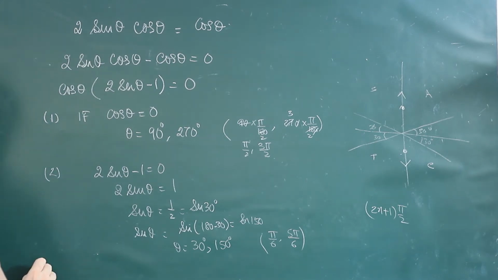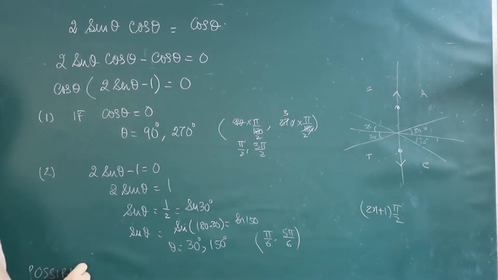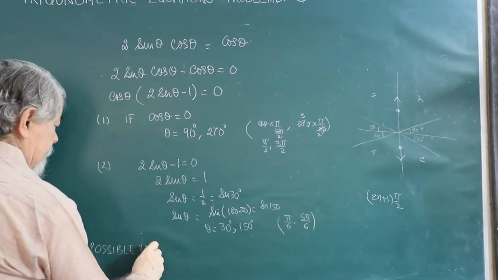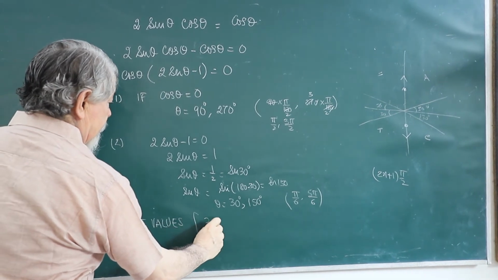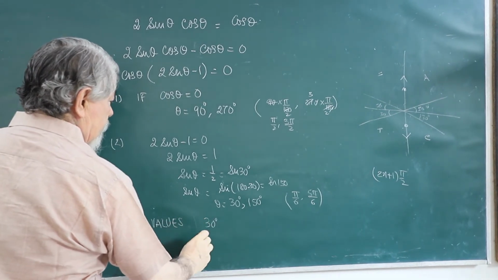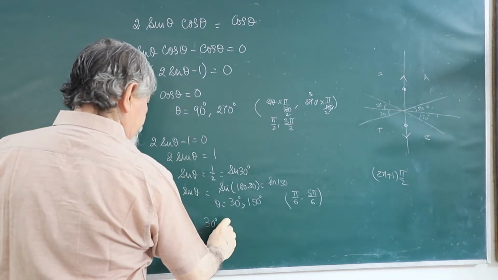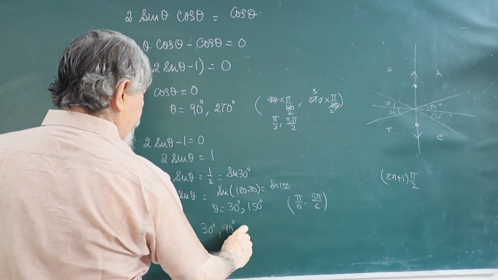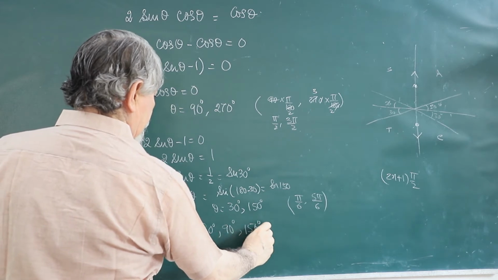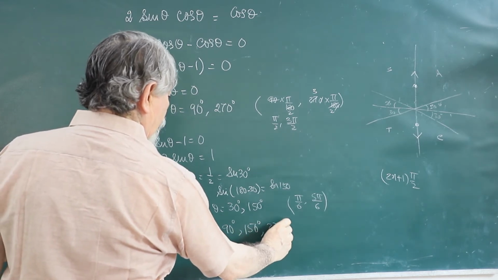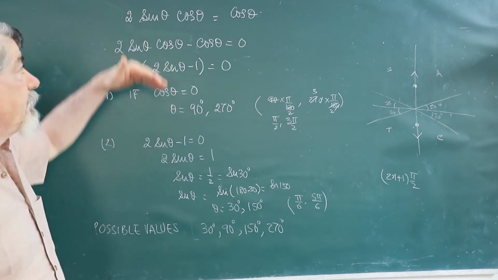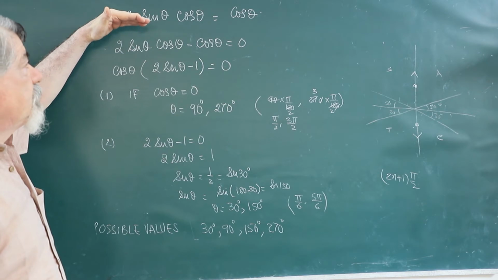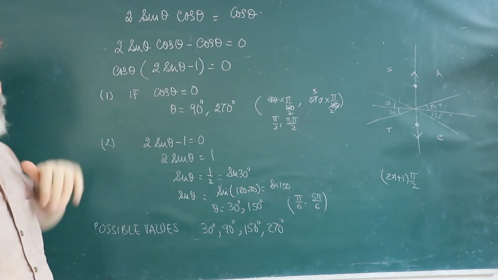So the possible values are 30 degree, then 90 degree, 150 degree, and 270 degree. They are all the values between 0 and 360 which satisfy this particular trigonometric